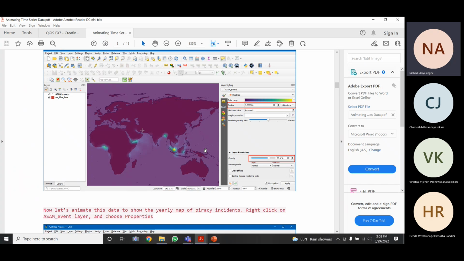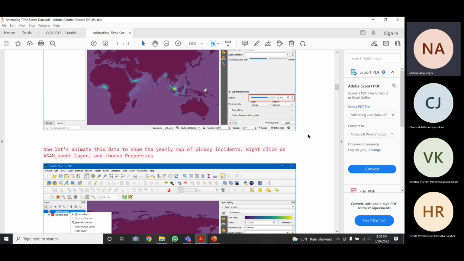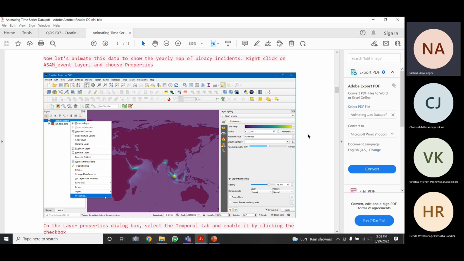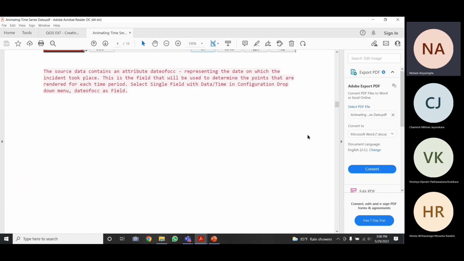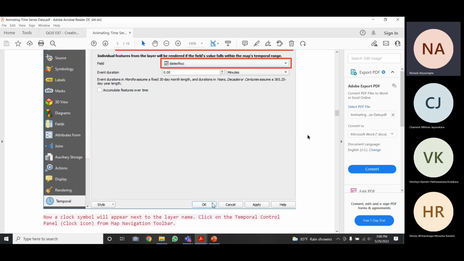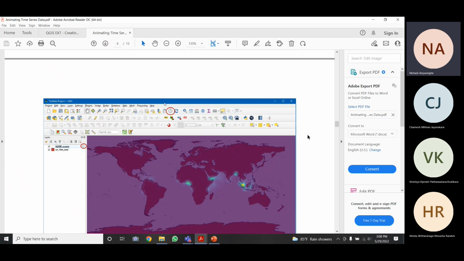The thing is, they have loaded the map. They have given you a map, so you have to load the map, and you have to create the heat map. Everything is given to you. You have to just go through this.